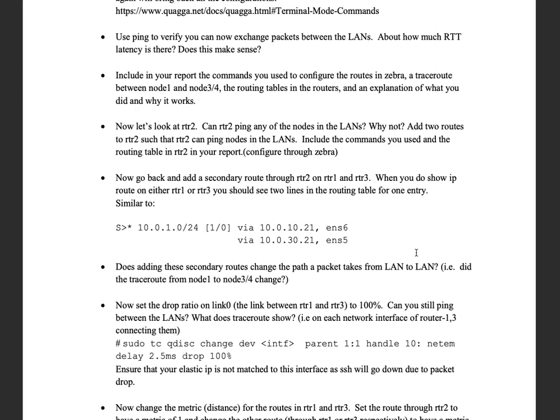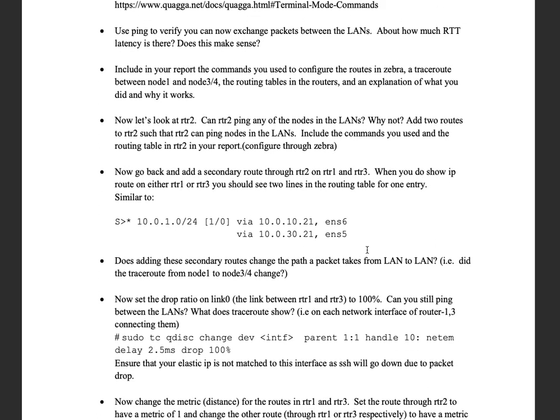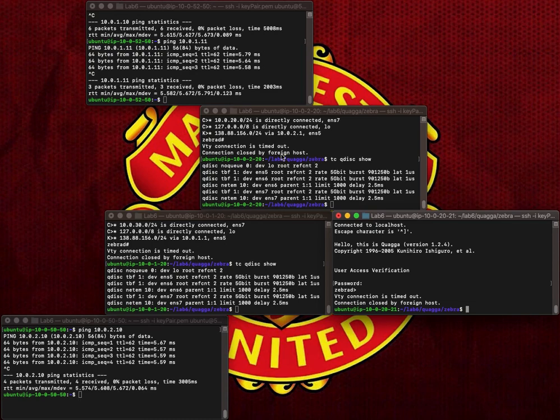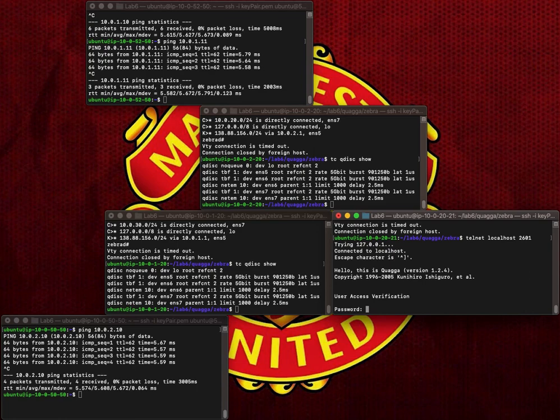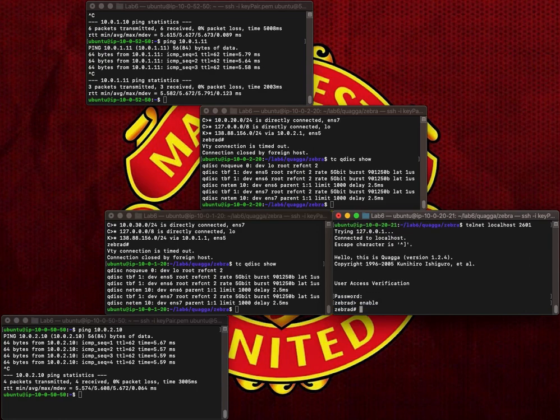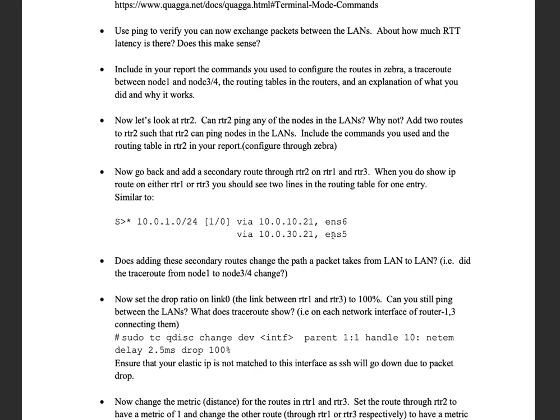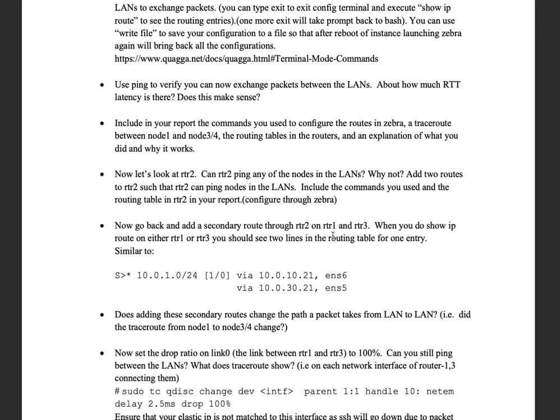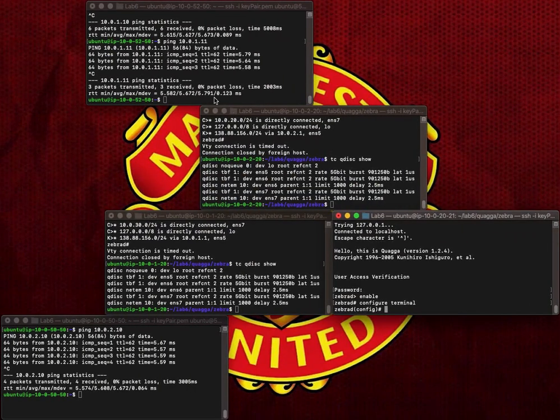So the next step that the problem statement tells us to do is to configure our router 2. Right now we are able to ping because of the link between router 1 and router 3. We didn't make any change on our router 2. So for that, I'll run telnet again, zebra, and I'm in the Zebra daemon, configure terminal. Router 2 doesn't know about either the 0.1 address or the 0.2 address, so we add both of those. ip route 10.0.1, so let's start with 2,